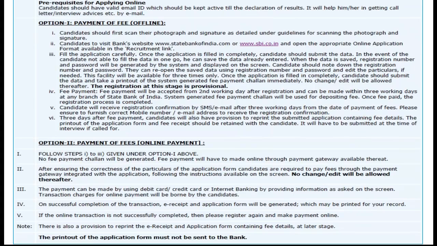It's either through credit card, debit card or online banking. Make the payment and you'll get a confirmation there itself, and you'll get an e-receipt and completed application form. Please take a printout of the e-receipt and application form, and your application process is complete.